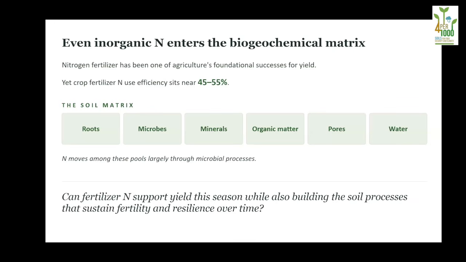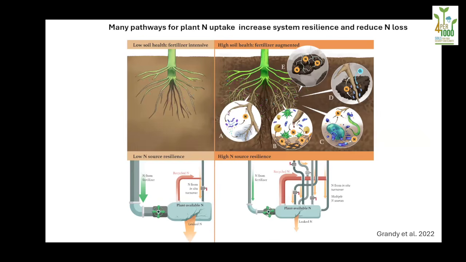And in some ways, that can be seen as a complication, something that we need to account for. But we also can think about this as a way to build that buffering capacity, to build up soil organic matter for those shocks. And so some of what we're doing when we apply fertilizer is we are replacing the exported nitrogen, and we are building up soil organic matter N to sustain fertility in future years, and also building up different pools of organic matter in the soil that improve the resiliency of the system, not just to shocks, but to different intra-season environmental conditions. And we talked about that in this paper that we published in 2022